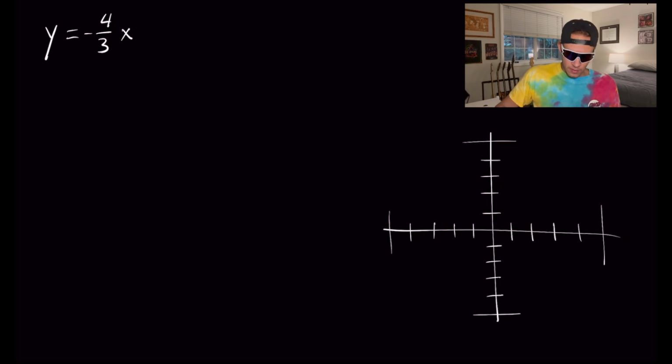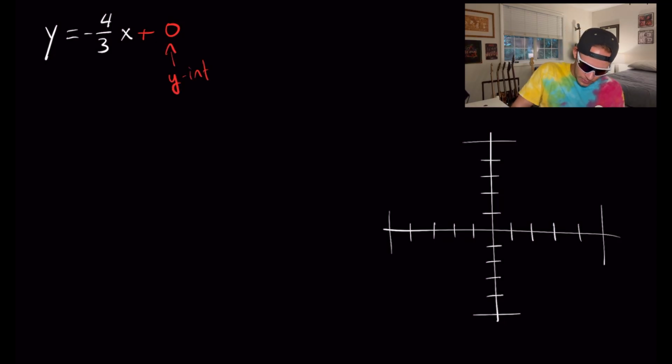All right, y equals -4/3 x, or -4 over 3x. It doesn't look like we have a y-intercept, but we do. If you don't have one or it's not written, it's just +0. So there is our y-intercept. I'm going to plot that point right there on the y-axis where y is equal to 0. And then our slope here, m, is equal to -4/3. So does the negative go to the top number or the bottom number? Doesn't matter. If it's the top number, maybe it's -4 over 3,